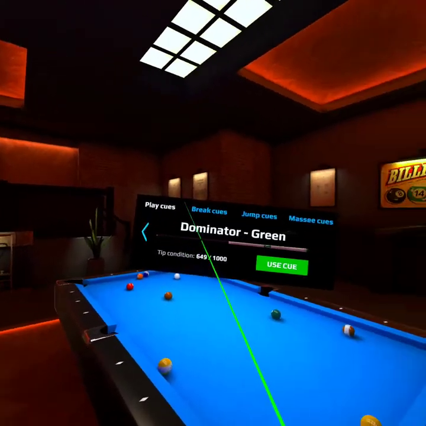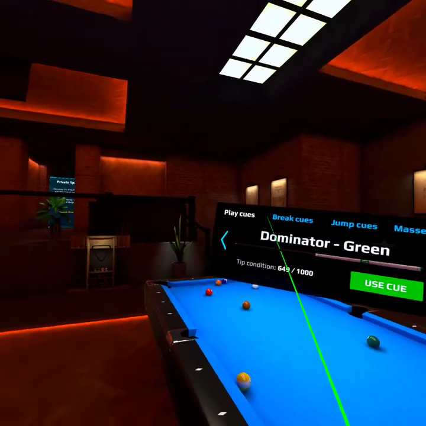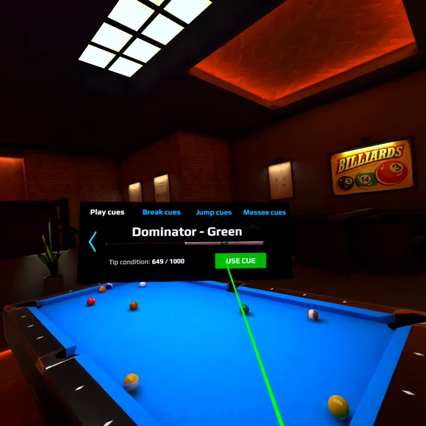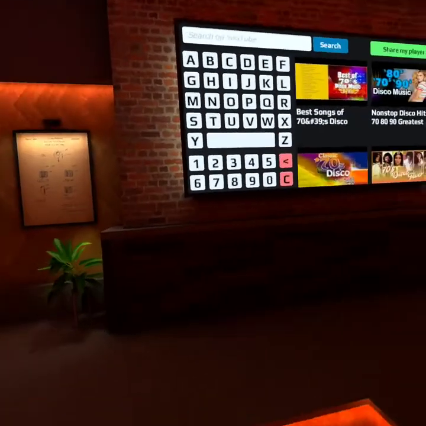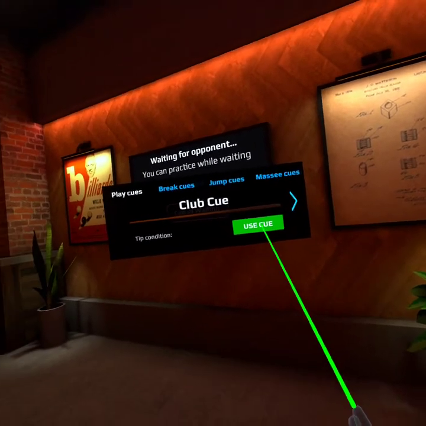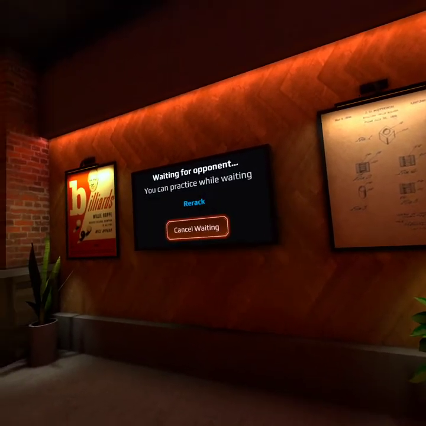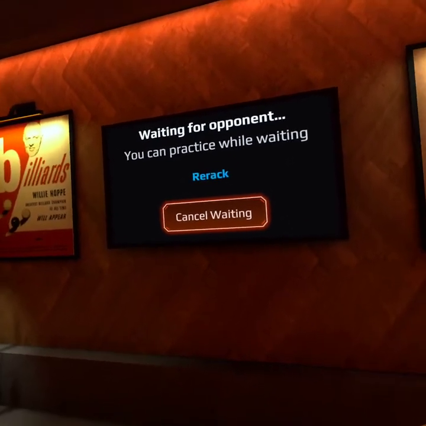649. There we go. So every shot takes it down a notch. You can see how many shots I've made just tonight, and I wasn't even using this cue all night. So the general rule of thumb with folks is if you're going to just play in practice, you should use the club cue or get another cue that's cheaper to